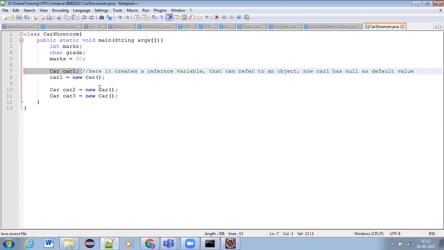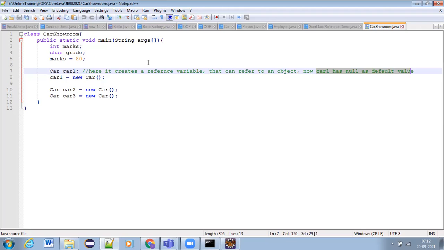What will be the default value that is stored in a reference variable? In the reference variable, what is the default value? Always it is null. Now car1 has null as the default value.